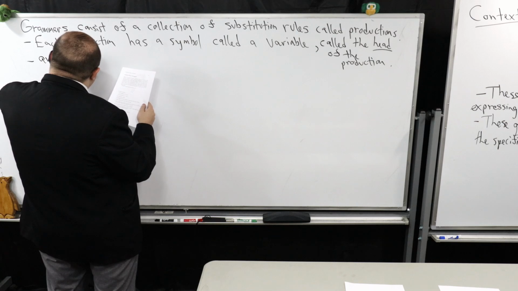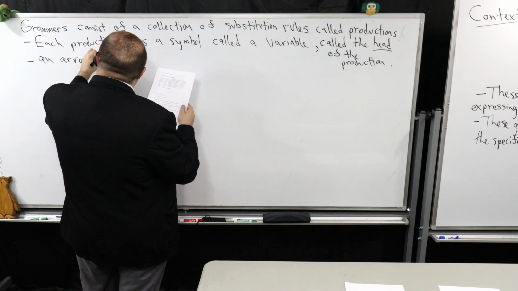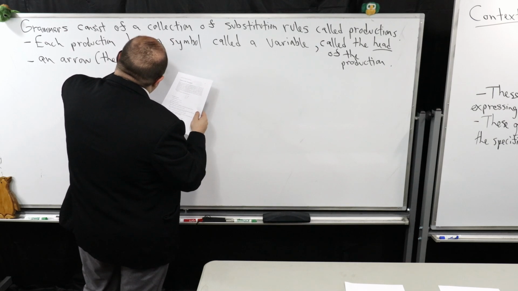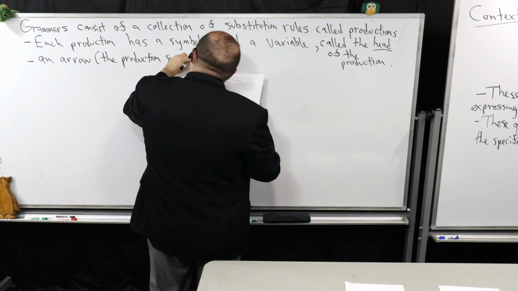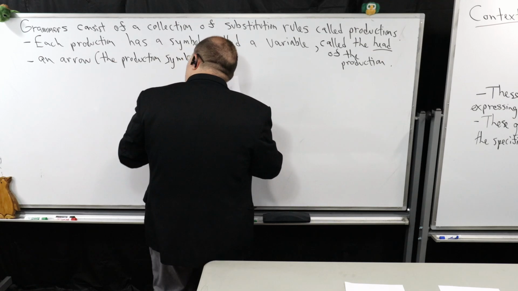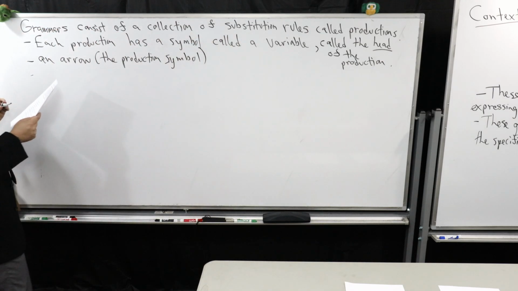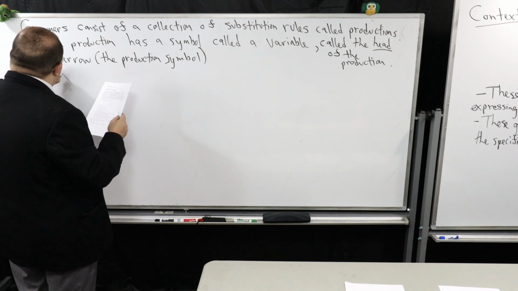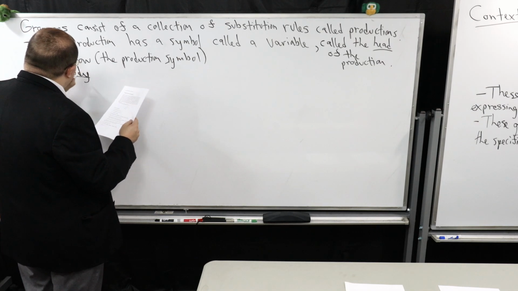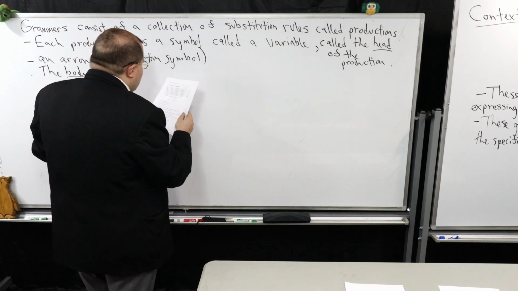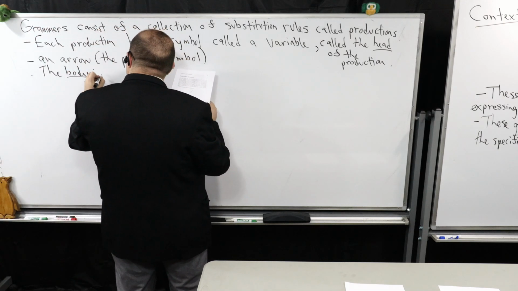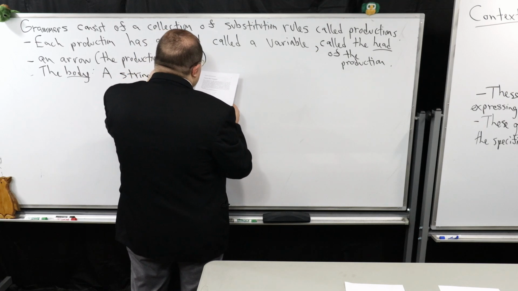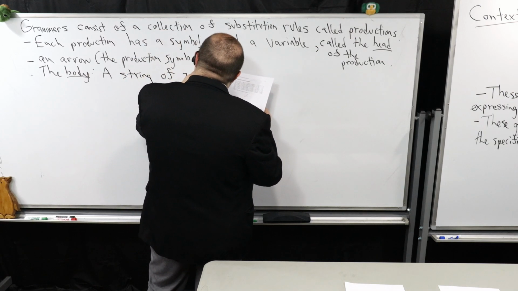This is the next part, an arrow. This is often called the production symbol, if you want to get a little bit technical about this. The production symbol. And then the third part is the body. The body of the production rule is simply a string of 0 or more